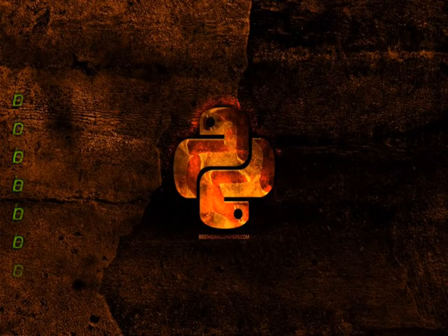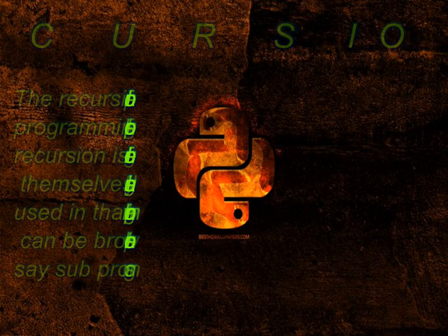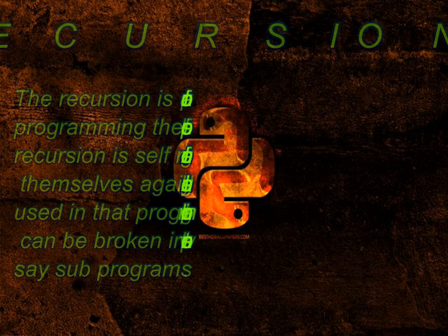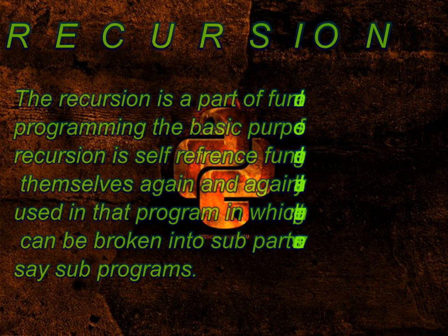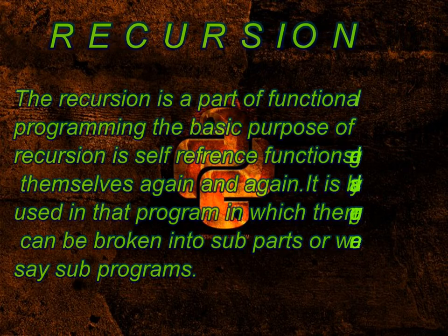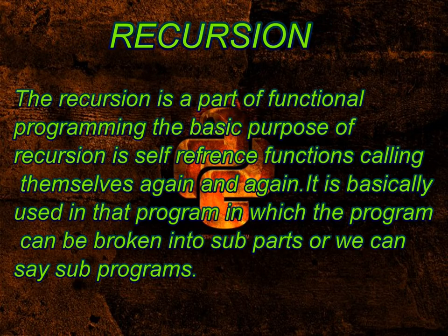Moving towards the very first function that we have, which is recursion. Recursion basically means calling a program again and again, itself. That means self-reference of a program. In recursion, we just call that function again and again until the execution of the program is done. For example, if I have a problem, I need to break it into subparts so that it's easy for me to solve. So that is basically what recursion is. It will break the content of one function into different parts so that it is easy for me to execute it and perform the task upon it.